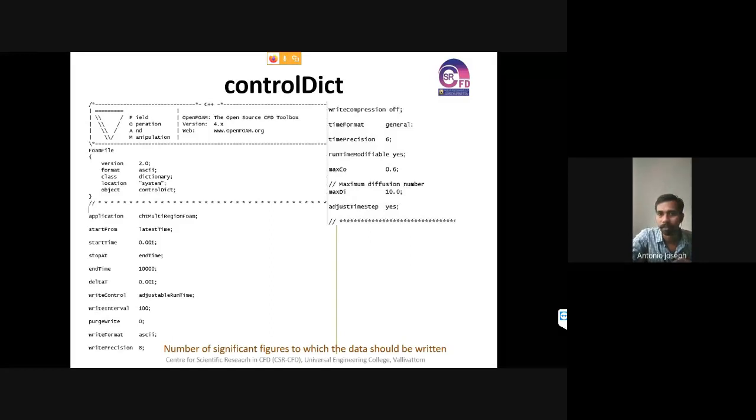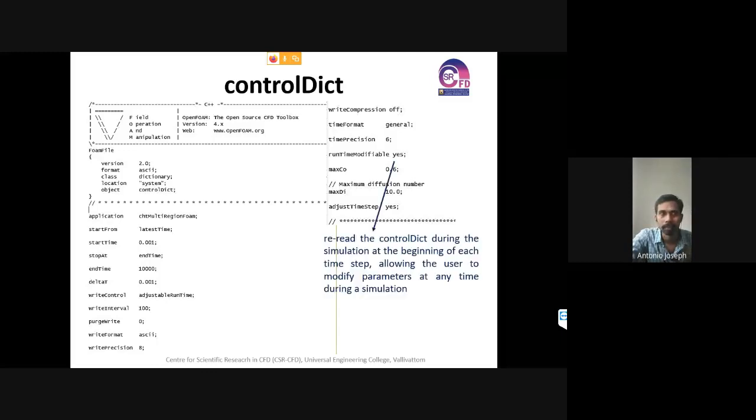Again, for write precision we are giving the number of significant digits as 8. Then the format I discussed yesterday; the general format will be the time. You might have seen in the morning case file that we ran using simpleFoam, the files named 50, 100, 150, etc. That's the general format for naming the time directories. Then we are giving permission for changing the run time also.